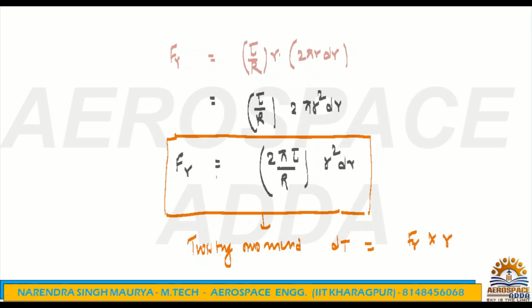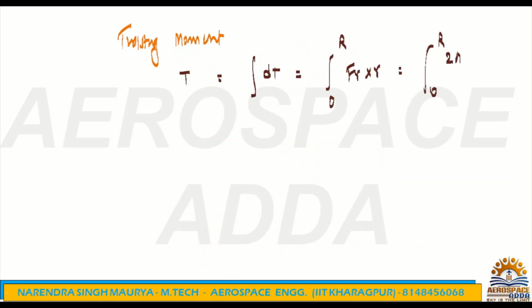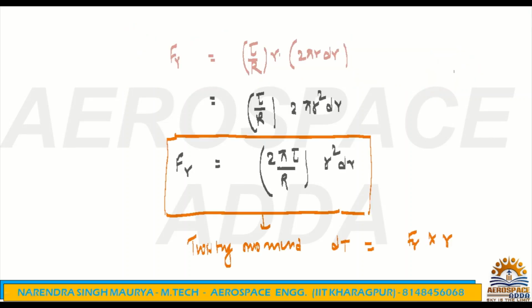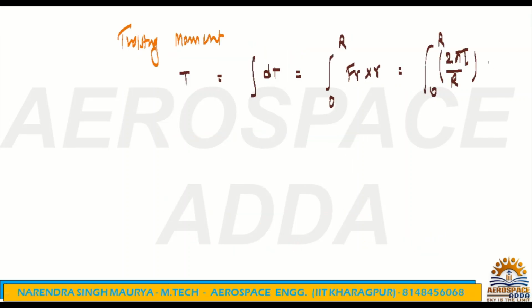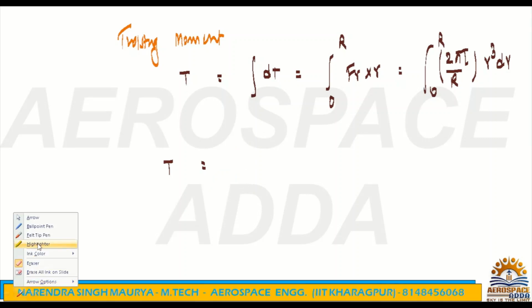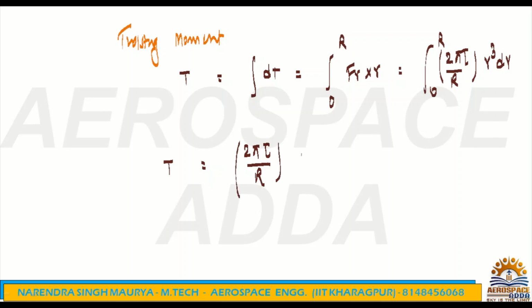You just write 2 pi tau divided by capital R into r square dr, but again you have to multiply by r. So r square into r will be r cube dr. Now it's done. So this T is nothing but you integrate from 0 to R; the constant you take outside. What is the constant? It's nothing but 2 pi tau divided by capital R, and now it's 0 to R